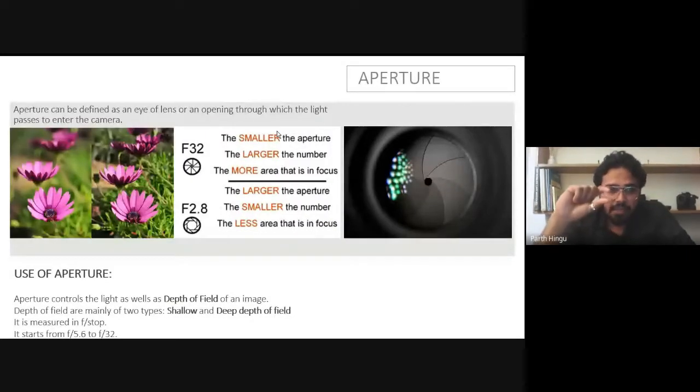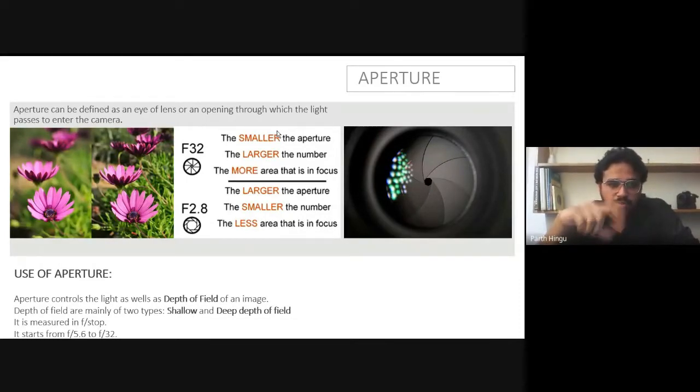After that, the other aspect is aperture. Aperture is the eye of a camera, like the actual eye of a human. Basically, if you are outside on a sunny day, there's too much light. You don't want too much light in your eye.